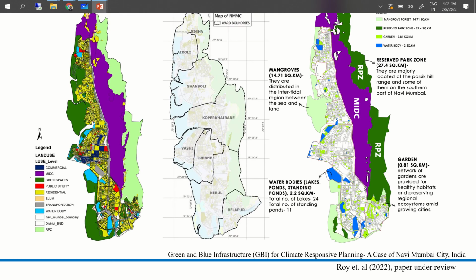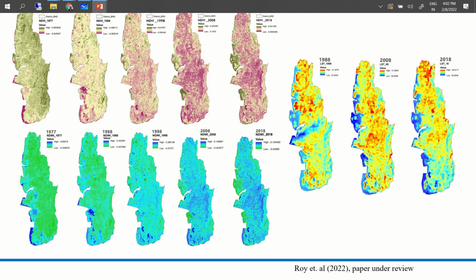I'll just show you one example. We did one case study in Mumbai. This is the entire city, and for those who are familiar with GIS, one of the simple results that everybody tries to acquire is what is the green cover in the city. That's one of the simple results that we can quickly generate. What is the blue cover in the city? Very quickly we will be able to do that. And land surface temperature: how much is the surface temperature that we feel at a particular point? Using these three parameters,